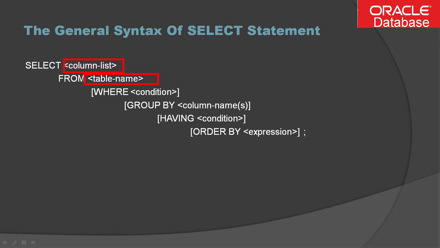After that, optionally you can have a where clause. There you have to specify the condition. Here the condition specifies the condition to be met by the row for each selection. There can be more than one condition. Afterwards, optionally you can have a group by clause. There you can specify the column or columns so that your table will be broken into smaller groups, and within that group, if you want some selection, then you have a having clause. There you can specify the condition.